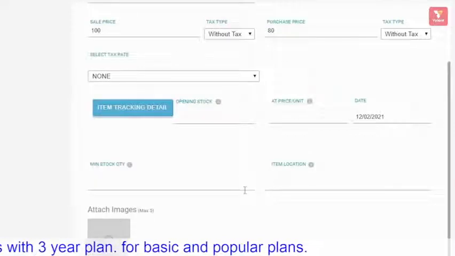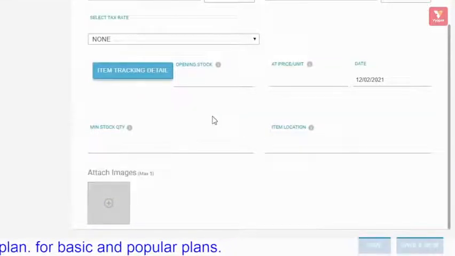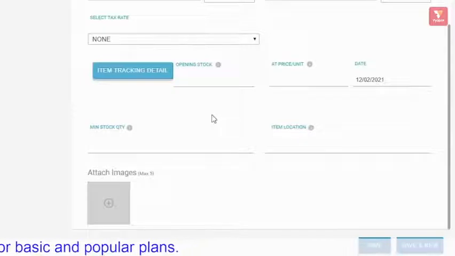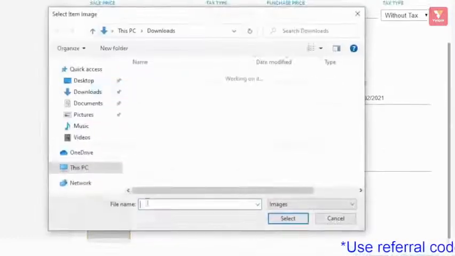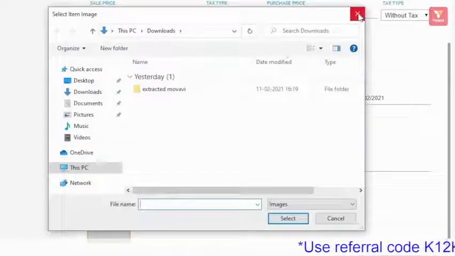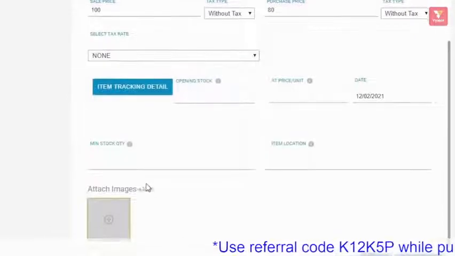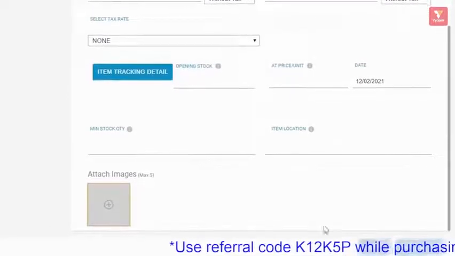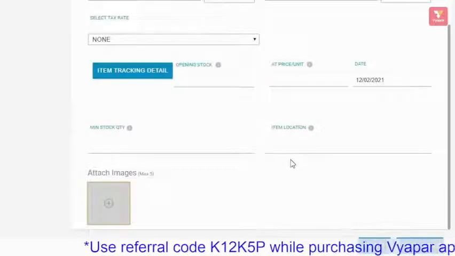One more important option in Vyapar is that it provides you with a feature to create an online store also. If in the future you would like your products to be shared with your customers through an online store, then don't forget to add product images here, with which your product catalog will be formed. You can add a maximum of 5 images for each product here. After doing that, click the Save button to save these products.